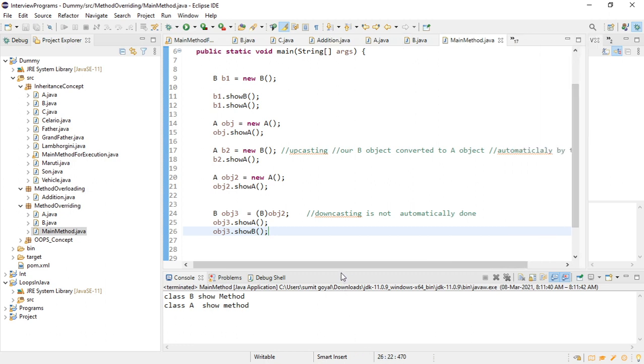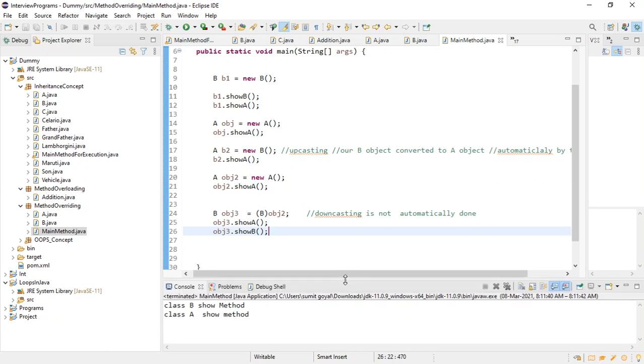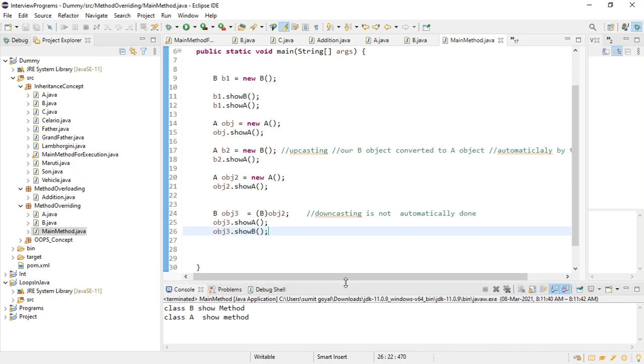My question here is, what are we going to achieve with upcasting? Because I see even if you do upcasting, A B2 is equal to new B, you're not able to see or call any methods from B, right? Yeah, so I just wanted to know, is there any advantage of using upcasting? Yeah, when we discuss method overriding, we can achieve runtime polymorphism. I will show you how, right? As of now we have not discussed anything about that. I just wanted to show what will happen if you do like this and if you do like this, right? So you were saying that we are not able to call any B method. Can you repeat it again?